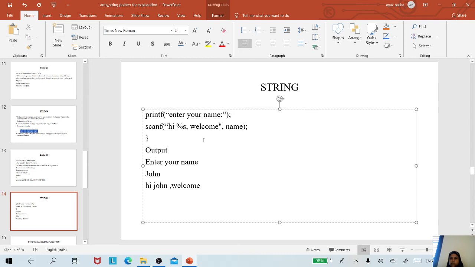Whatever you give as the name, those characters will be entered here through %s, and you can see we are not going to use for loops. So you cannot give 20 characters, you can give 19 characters, because the last character will be by default a null character. So you can enter a name here with 19 characters.